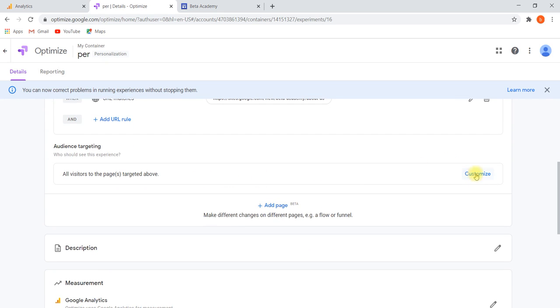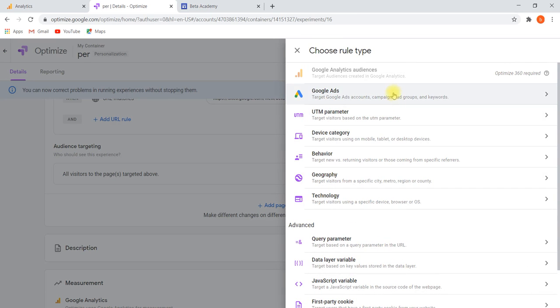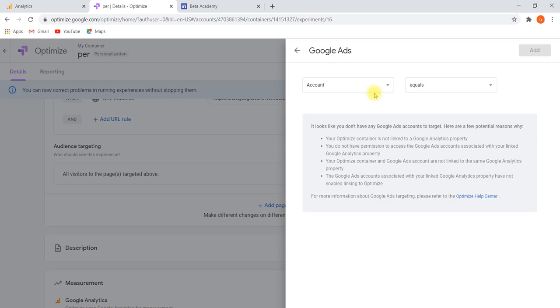Targeting audience, customize, Google Ads. We'll select a campaign, or we can say entire account level, or you can take the keyword level. Because we don't have running ads now, we will not be able to select Google Ads.